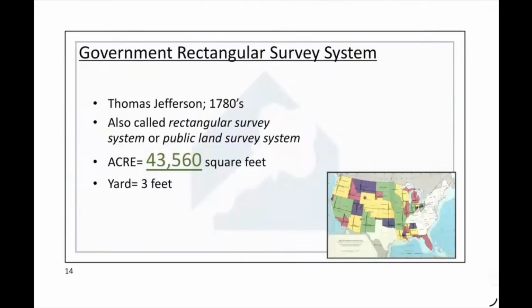However, if we're only going to take one thing away from this part of the rectangular survey system, it's the fact that there are 43,560 square feet in an acre. I mean, if you want to press fast forward, that's fine. As long as you know there are 43,560 square feet in an acre. I don't know if you're going to be tested on the rest of the government rectangular survey system, but I do know someplace on that test, they want you to remember the number 43,560,